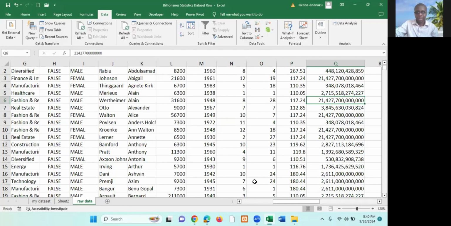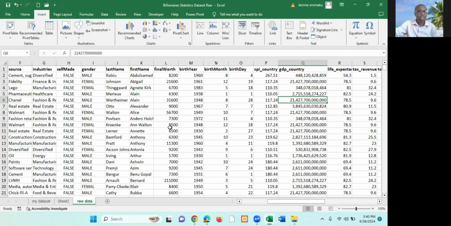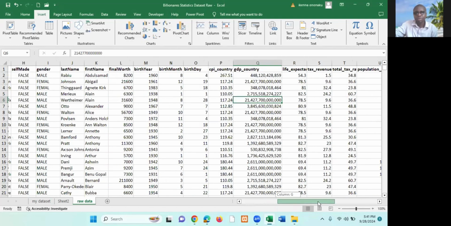Let's look at how we can use the pivot table on this data set. Now, if you click on Insert, you will see the pivot table. Now, assuming we want to carry out an analysis to show the 10 richest persons, who are the first 10 richest persons based on,